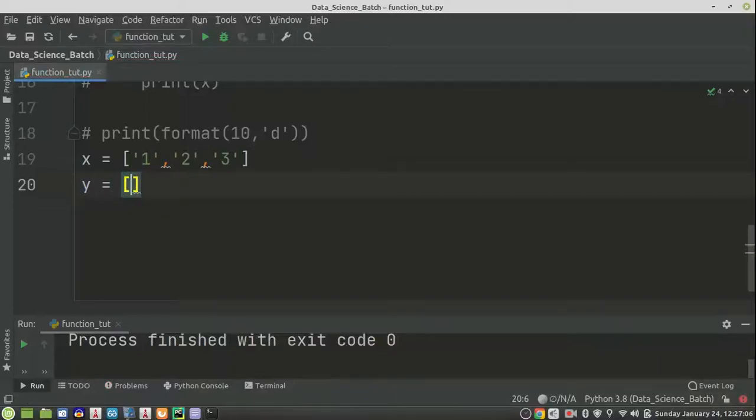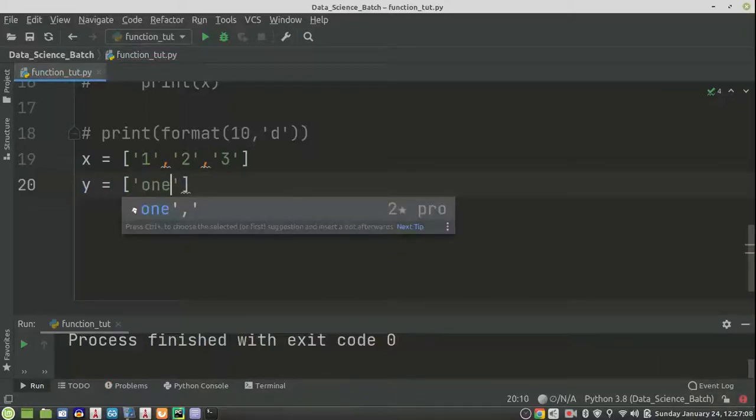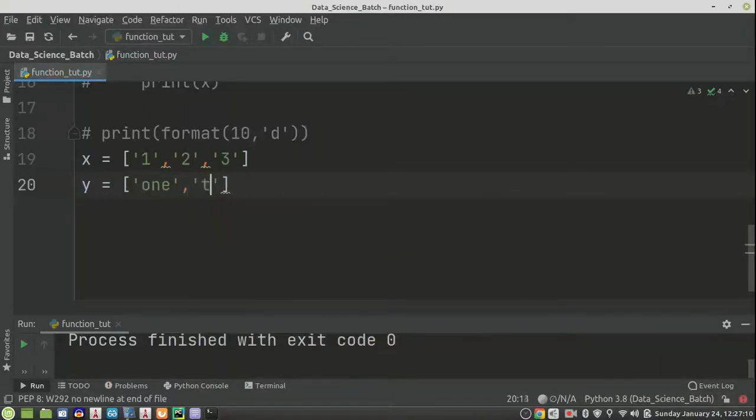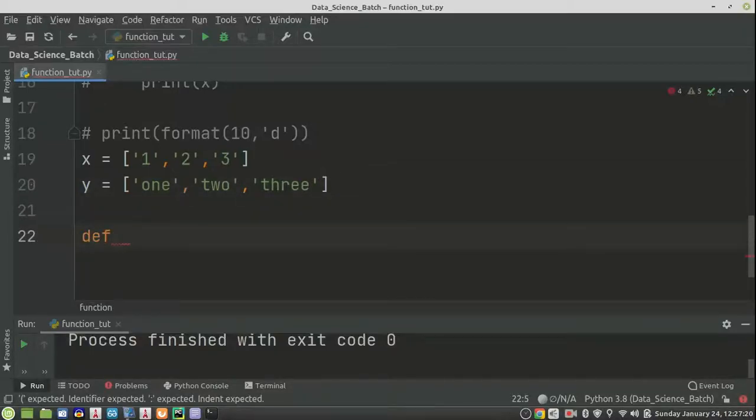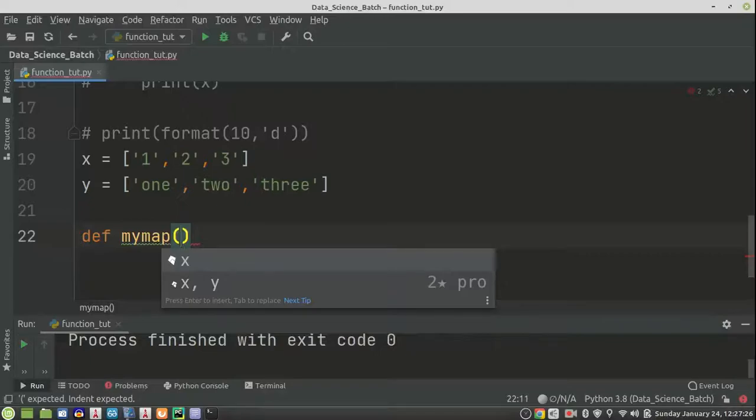Then y equals to, for example, 1, 2 and 3, right? So we have one function, that is my map. I'll write the function name my map, and I will provide two arguments.